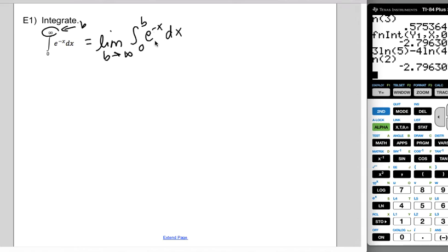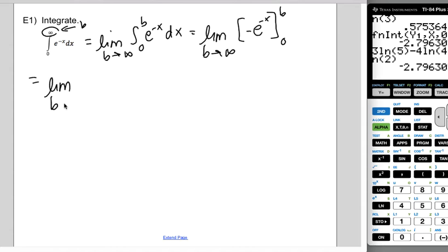Now technically this is u sub, where your u is negative x, but when we integrate e to the negative x, essentially we're just doing the opposite of the chain rule for differentiating. We're going to have to divide by a negative 1. So this is going to be the limit as b approaches infinity of a negative e to the negative x. And again, if you need the extra step to physically show that it's u sub, you can do that, but I would suggest that you're going to have an easier time if you don't. So I'm actually going to rewrite this as a negative 1 over e to the x, because that's what that negative x means,